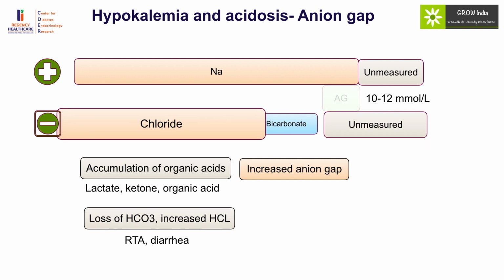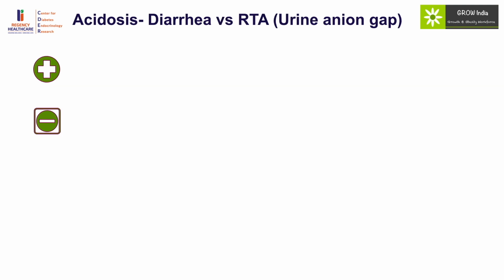So in this situation, the anion gap remains normal. Therefore, a normal anion gap in the setting of metabolic acidosis is suggestive of either renal tubular acidosis or gastrointestinal loss. A very important differential of acidosis with hypokalemia is whether it is because of diarrhea or renal tubular acidosis,